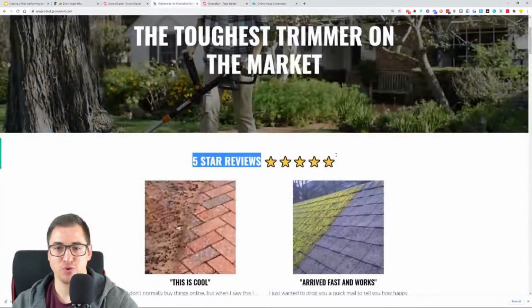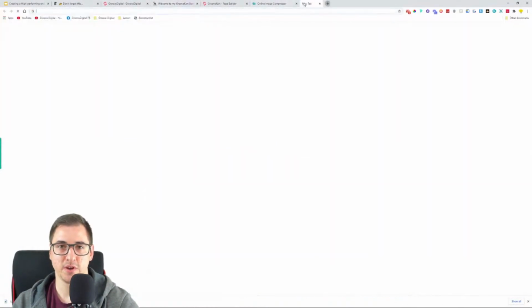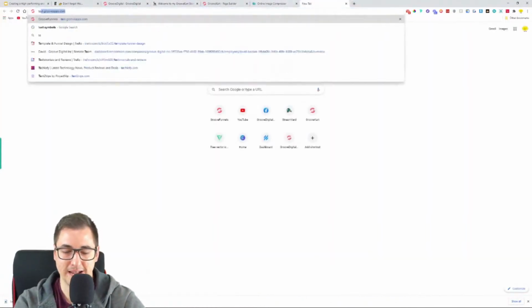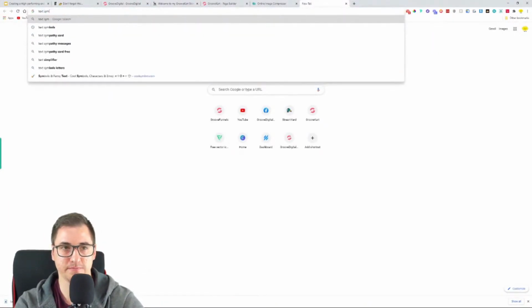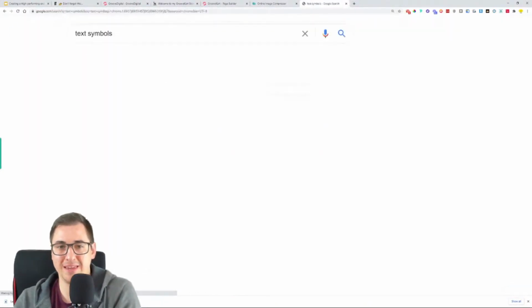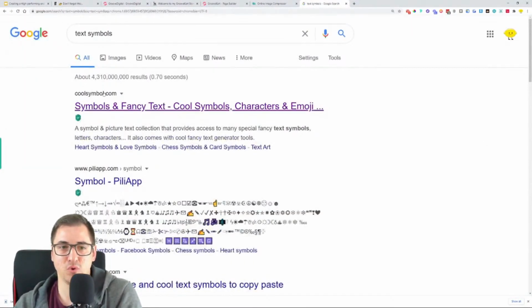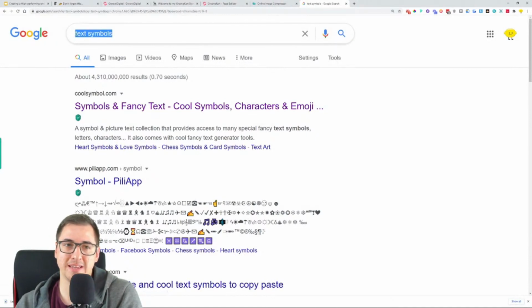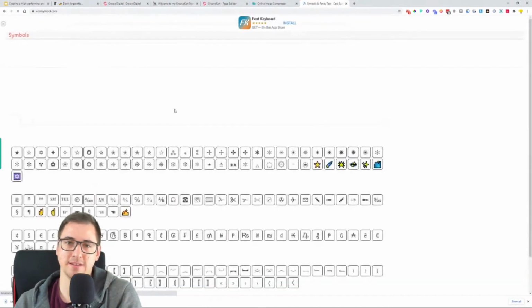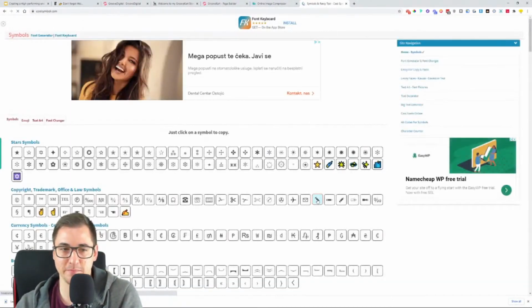But then how did I do these stars? For the stars, I use text symbols. Okay. You type in text symbols, and coolsymbol.com or text-symbols.com, any of these. Just type in text symbols and you'll get a site where you can copy these text symbols from. So over here you have stars. You can do it also with the normal